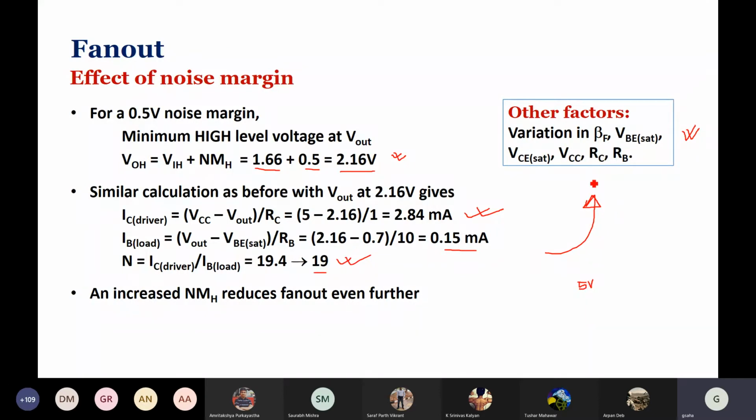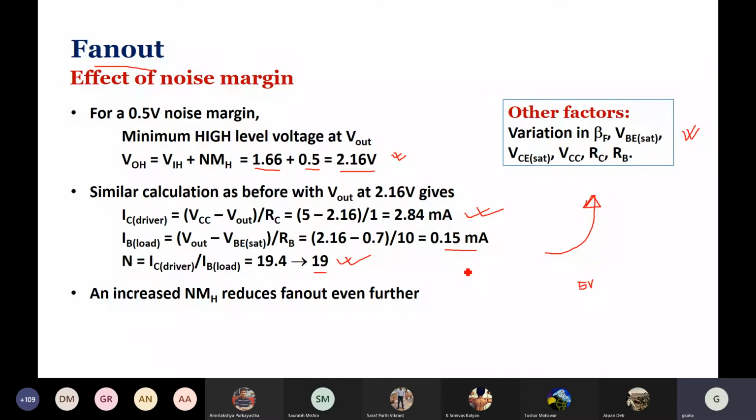So, you have to look at that, and putting it all together, you will see this number coming even less than 10. Okay. So people will not connect more than that number, whatever is the fan out. If you look at the data sheet, you will see a more conservative number there, because they want to ensure that the device doesn't malfunction or give something which is not as per design choice. Something ambiguous or something incorrect.